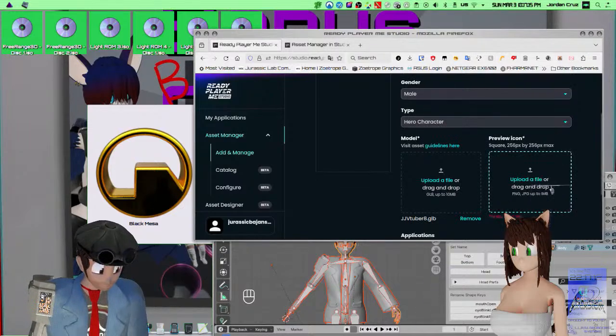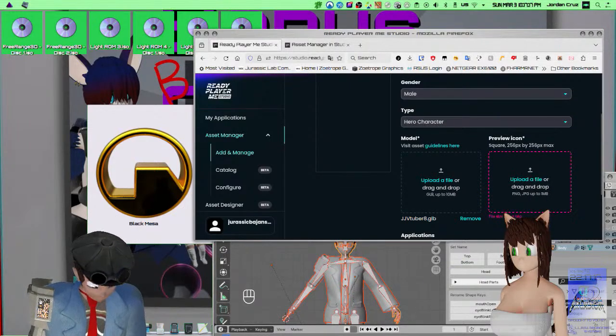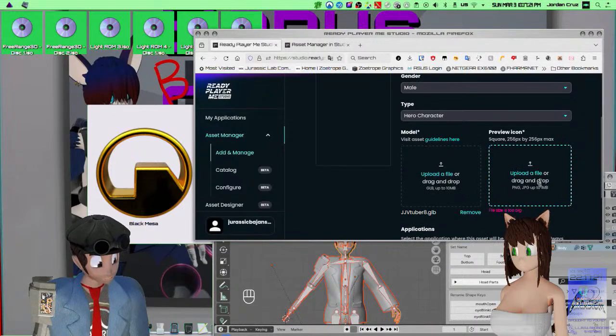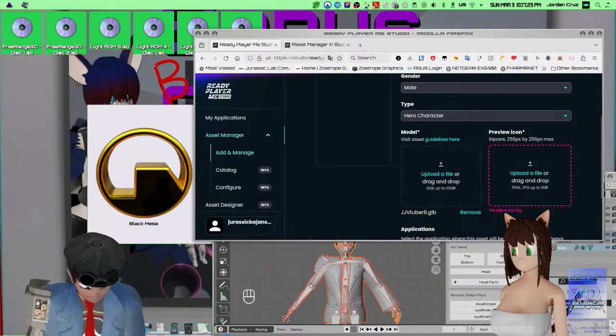Here, I'll use this one. File size is too big. Never mind. I can't use that one. What about this one that's been zoomed in and cropped? Likewise,